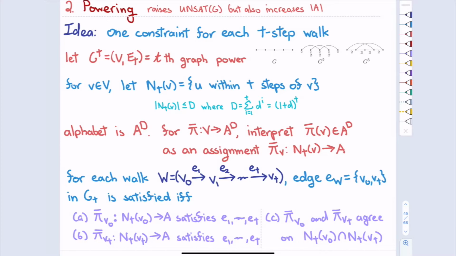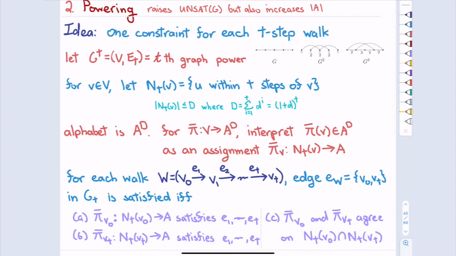Now I want to roughly take t edges on a path or a walk and bundle them into one constraint. But I also want to produce a graph CSP at the end. Whereas originally there's 2t variables involved, I want to make that look like just 2 variables.